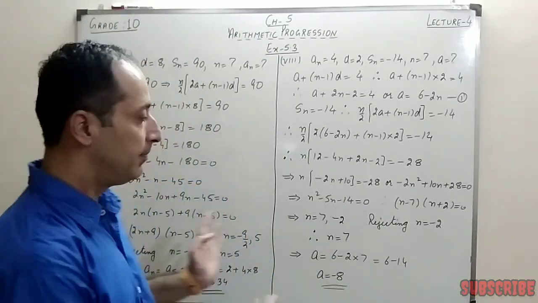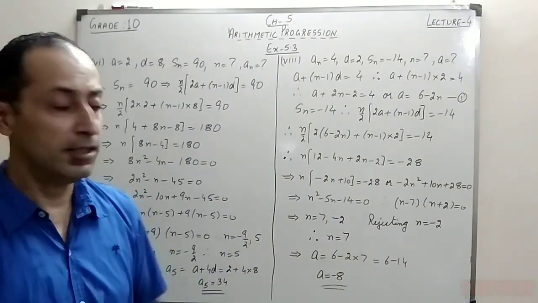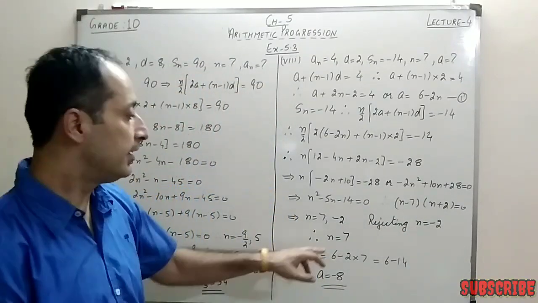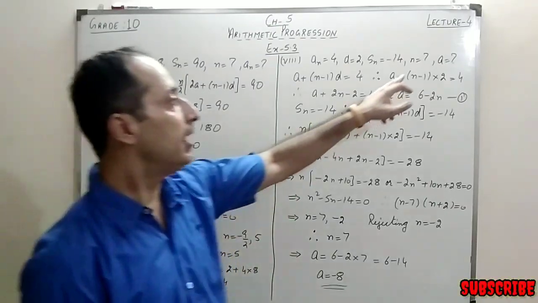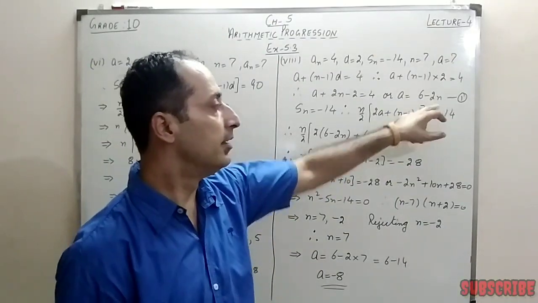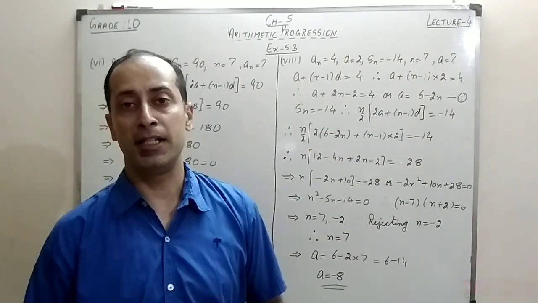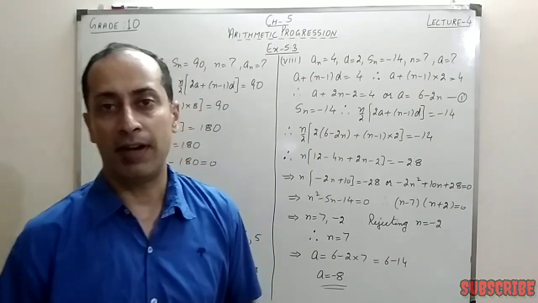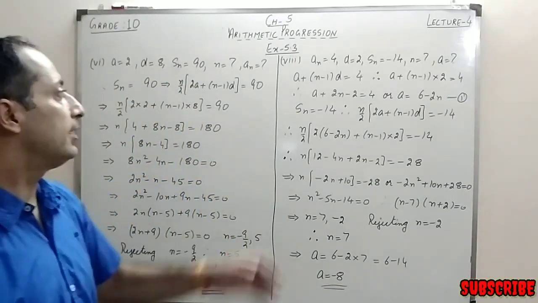Again, like in the previous part of this question, we have seen that n cannot be negative and even can't be a fraction. So I reject the value of n which was negative. So what I am left with is n equal to 7, that is the positive value of n, right? Now, one thing I have found, now I need to find the first term of the AP. I had the relation in the first equation of this question which I have written, that is a is equal to 6 minus 2n. There I substitute the value of n as 7 and I can find the value of a as minus 8, right? So this is the 6th and 8th part.